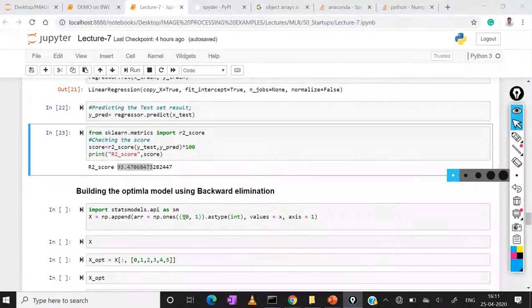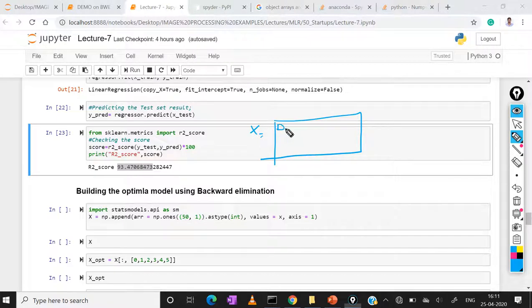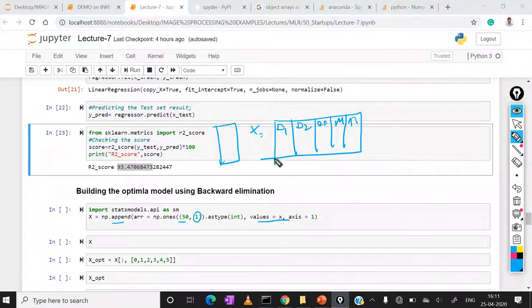What does 50 rows of 1 mean here? x is made up of dummy variable 1, dummy variable 2, R&D, marketing spend, and administration. These are the values of x. So what can we append? 50 rows of one column, which we can assign separately. The shape of x is 50 comma 5, and here we have 50 rows and a single column. That column is always 1 1 1 1 1.